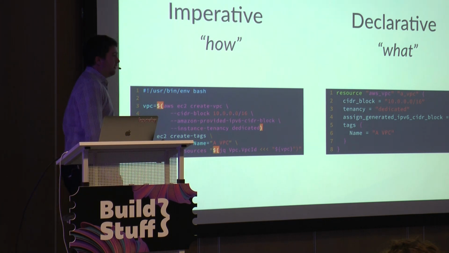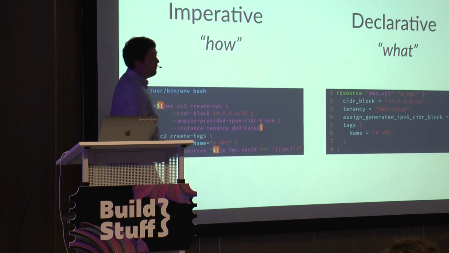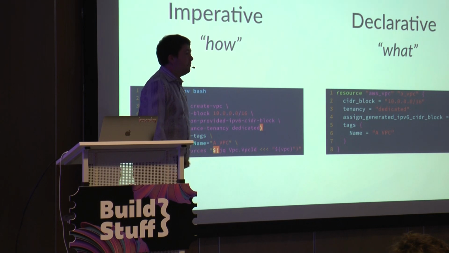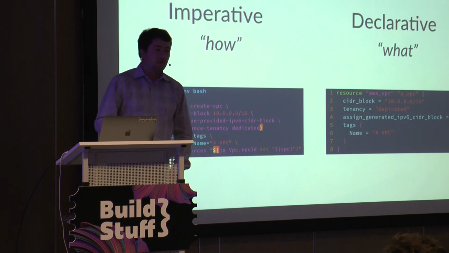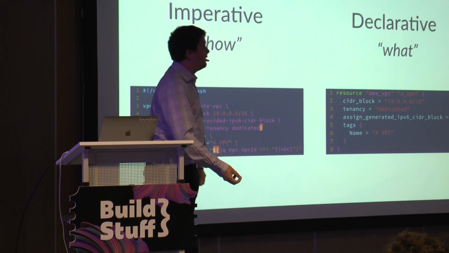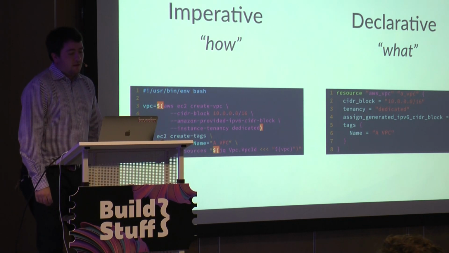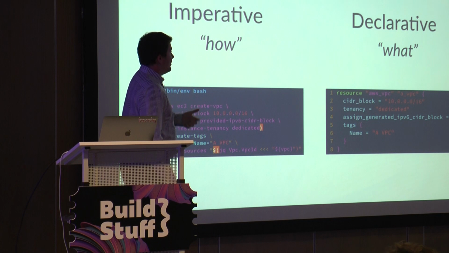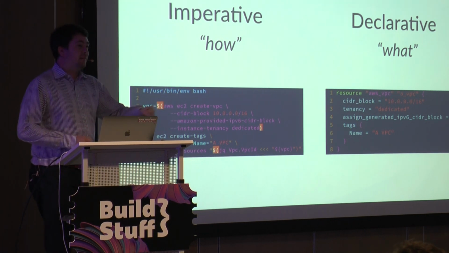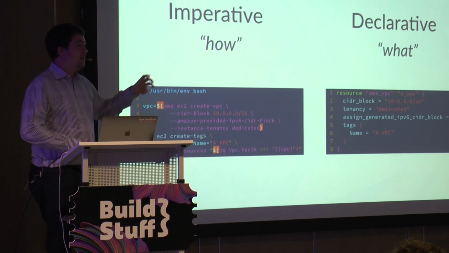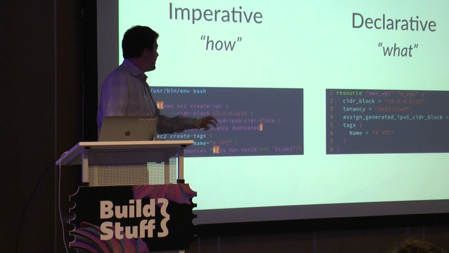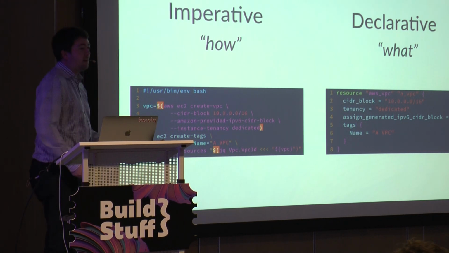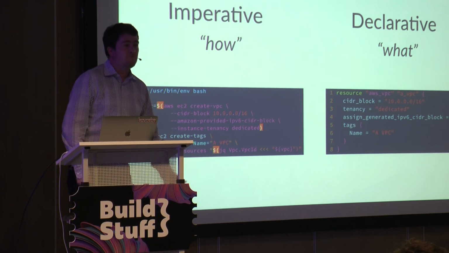The problem is, you can't just run this twice. If you run this twice, it will create you 2 VPCs. If you run this twice, on the right, it will tell you that it's already in the correct state, so it doesn't need to go and do anything. So effectively what we're doing is building a model of what we want our system to look like, and then letting something else evaluate the real world and what we want, and work out how to get there, versus giving instructions of exactly what commands to run. They end up calling the same APIs for the most part, but it doesn't necessarily have to.